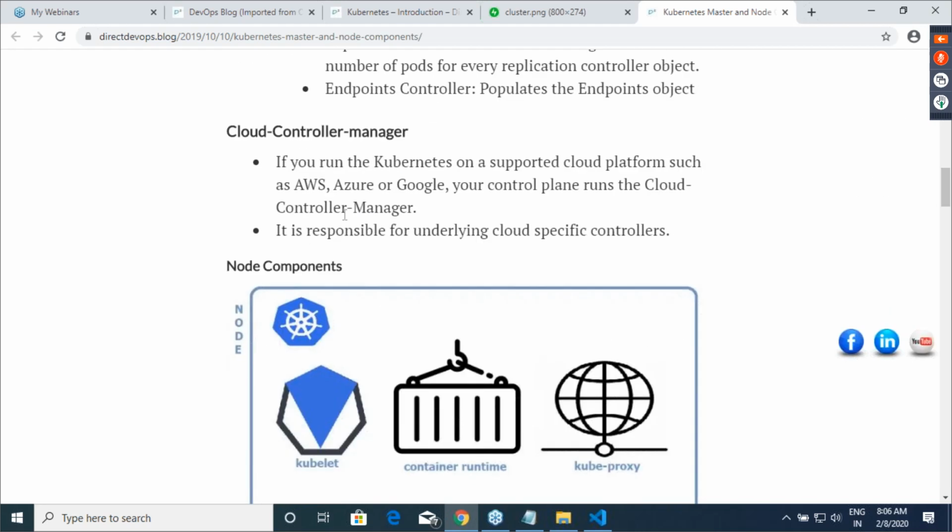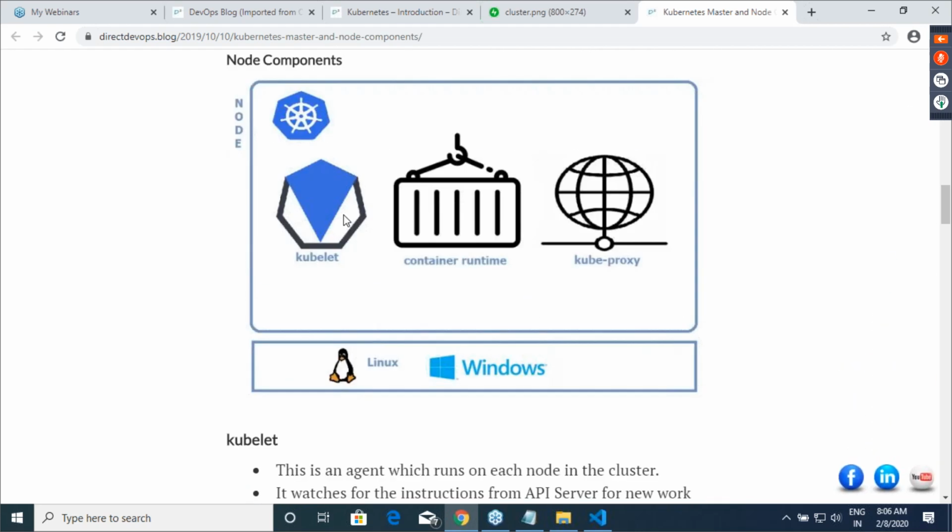If you go to the node, we have three components. One is kubelet, which is responsible for receiving the instructions from your master. And then we have container runtime, which is your Docker, which you have installed. And then we have kube proxy, which is responsible for all the networking on your nodes. When I say networking, it is container networking, not the physical networking of that system. That doesn't work. So this is responsible for giving the networking to whatever runs in the Kubernetes cluster.